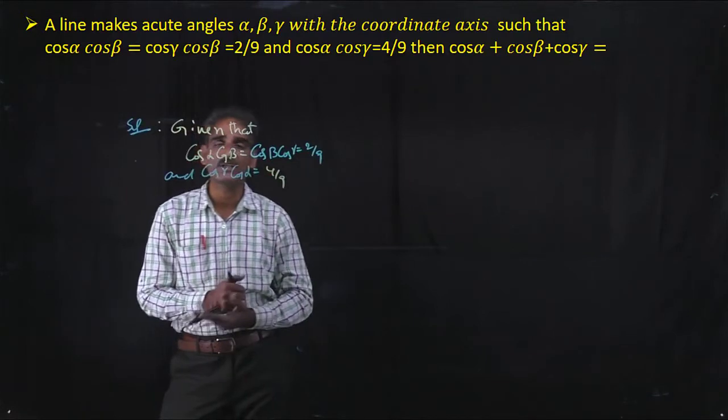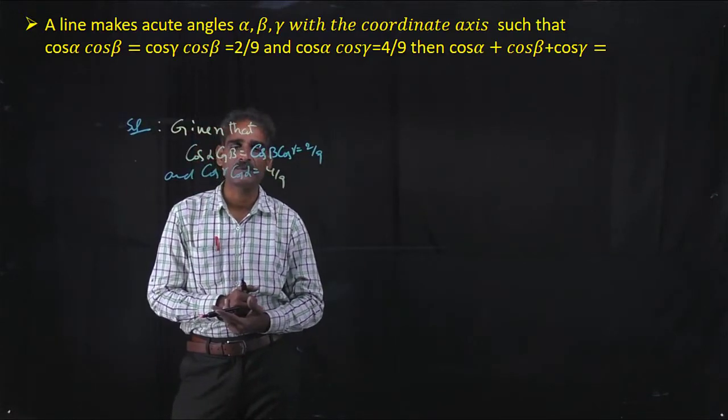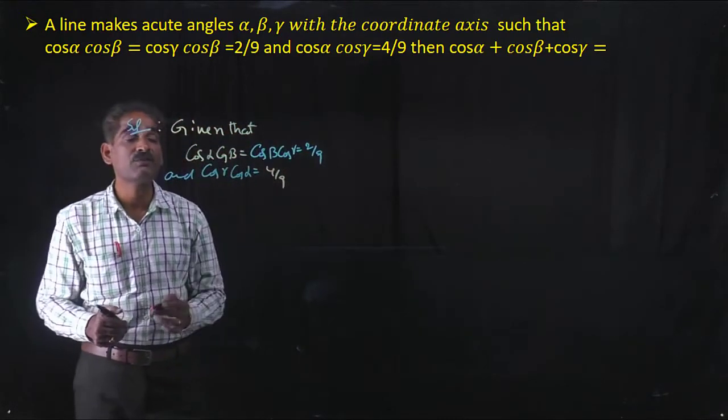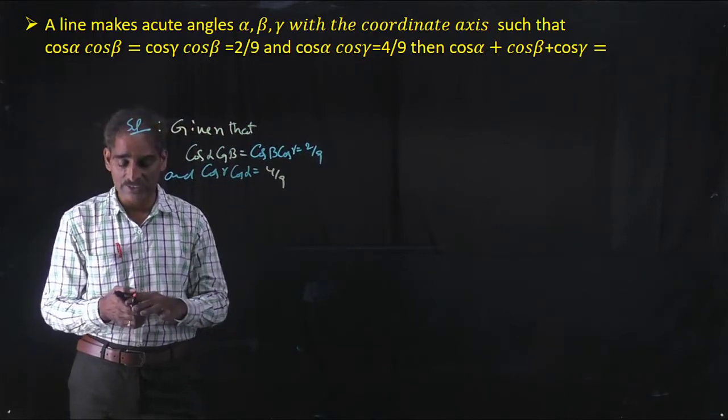So these three expression values are given, and alpha, beta, gamma are the angles made by the line with the coordinate axes. Therefore